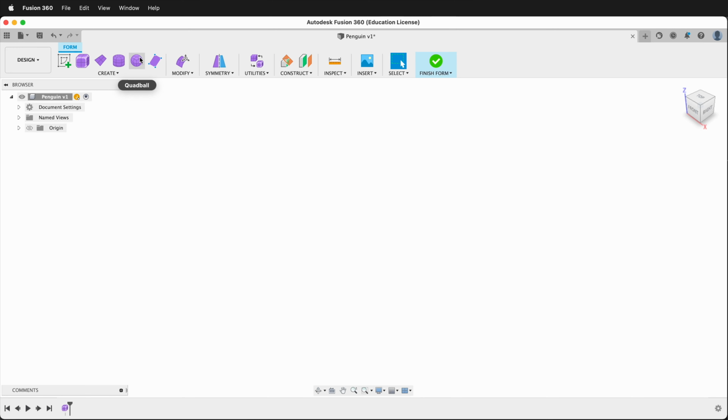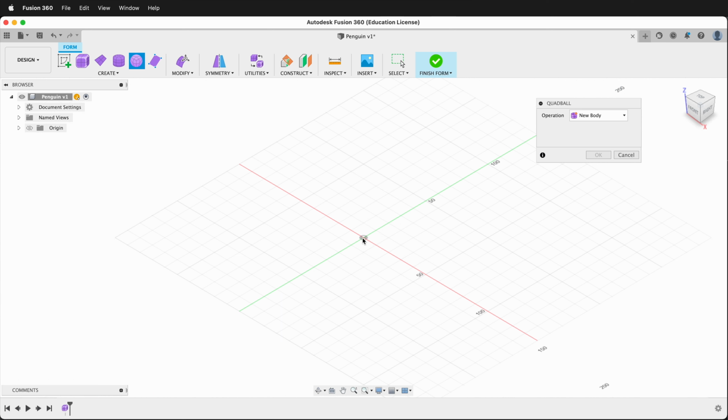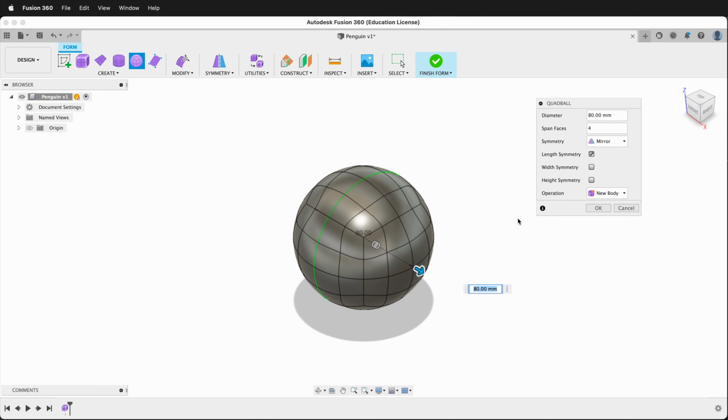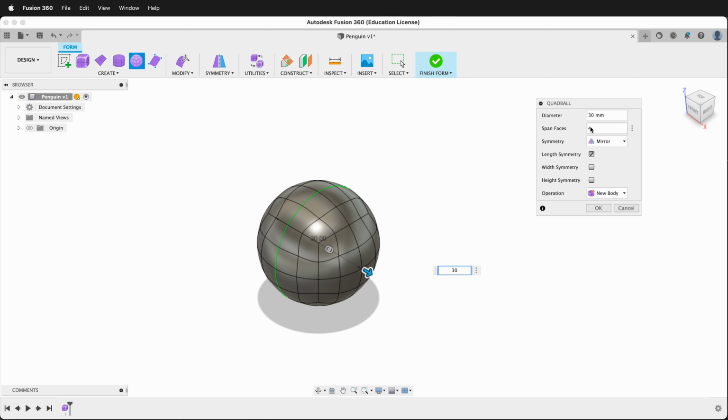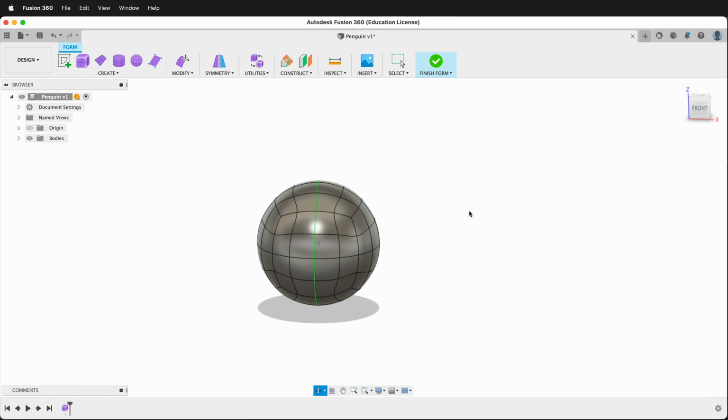Then I'm going to make a quad ball. I'll click on the origin, then click again, and then I'll type 30 for the size of the quad ball. I want 4 span faces, and I want symmetry mirror, and I want the length symmetry. Then I'll press OK. What I want to do is click on the form and then press Ctrl-1 or Alt-1